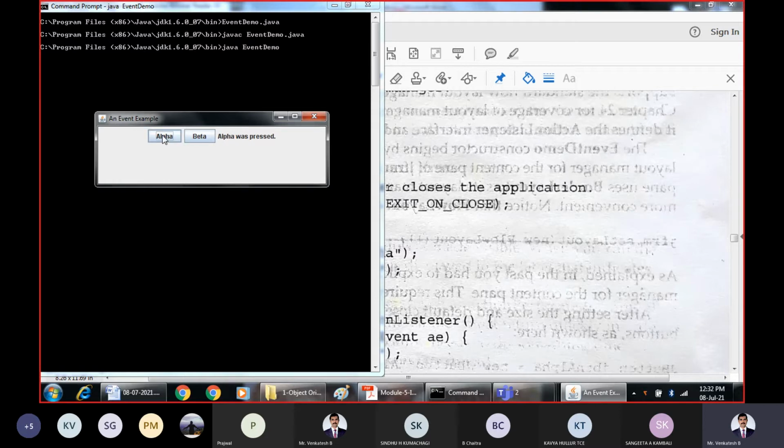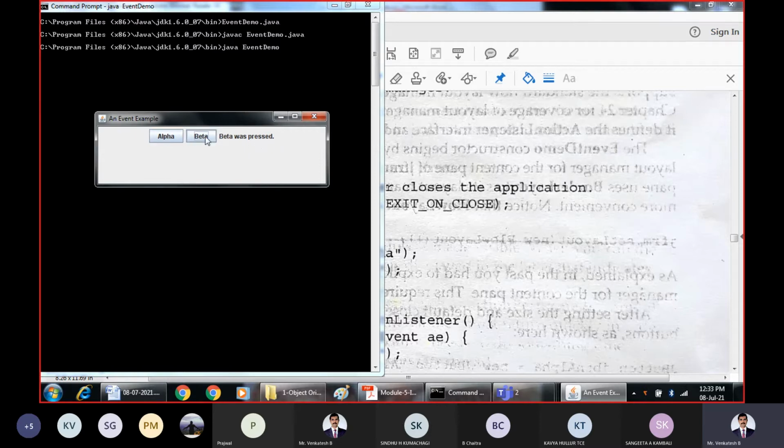You have generated one event by using the component alpha, and the corresponding action listener gets executed, simply displaying a message saying that alpha was pressed. Whenever you press the beta button, the action listener for the beta component gets executed, displaying a message saying that beta was pressed.